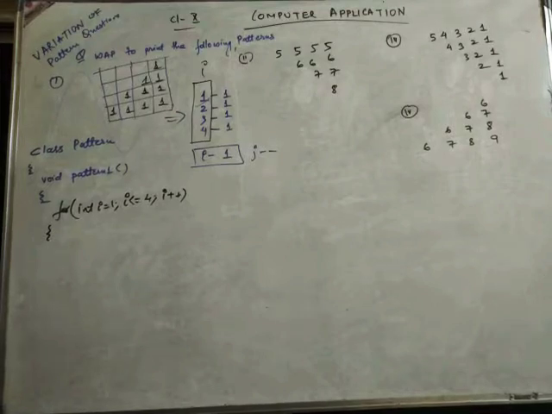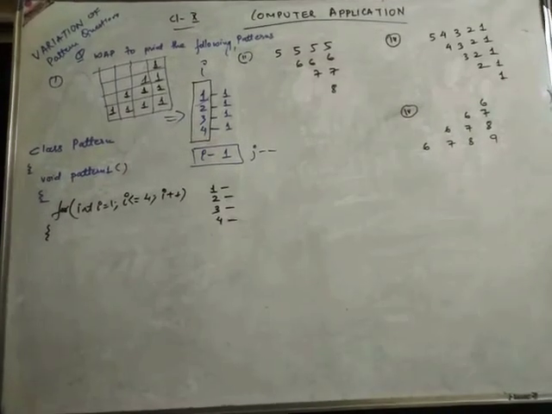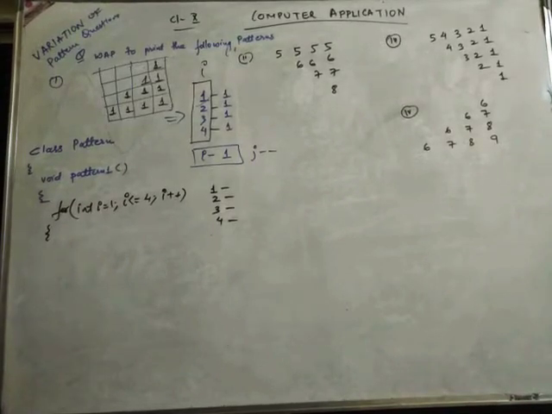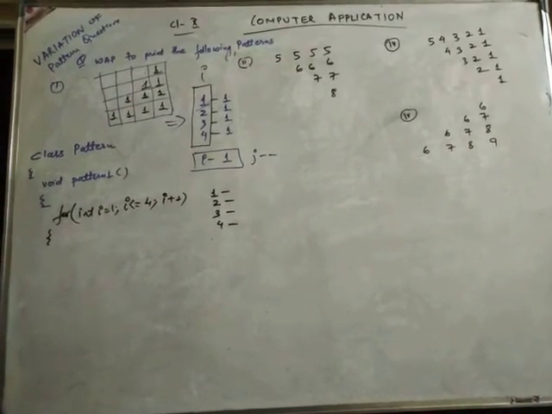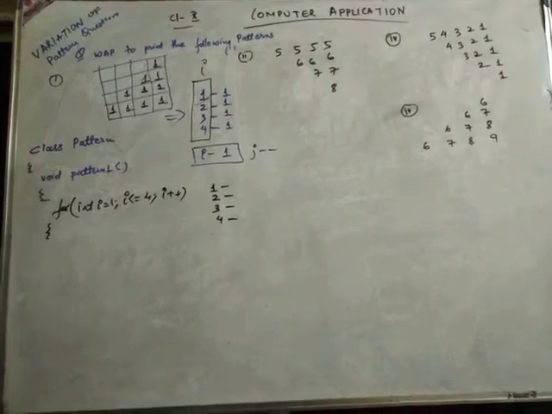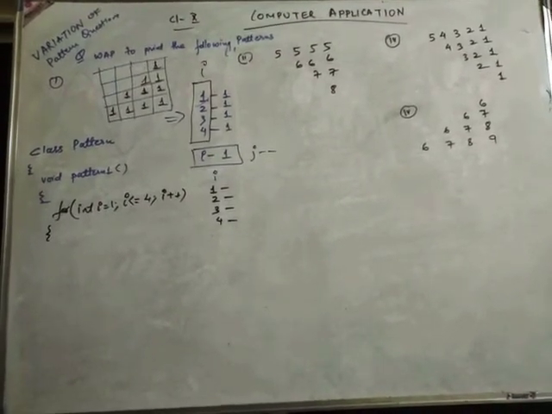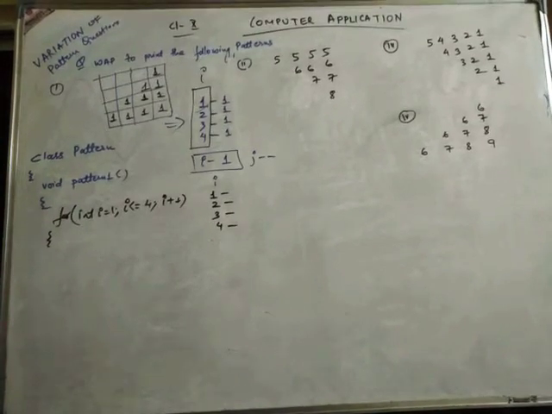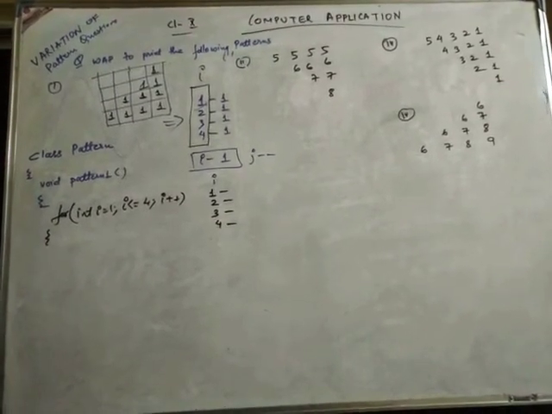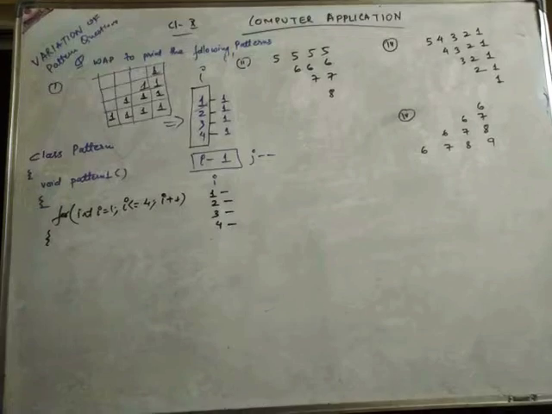What were the values of I for question 1? 1 2 3 4, that I'll write first. After writing this, I have written the column of I, which I have written from the first table. The first table which I had made, there the column of I, whichever I had, I have written that.